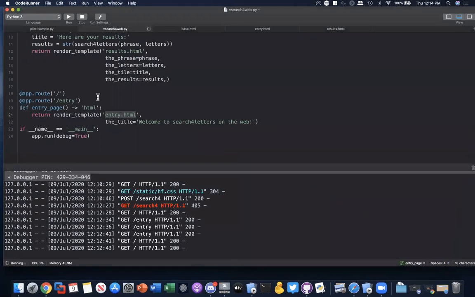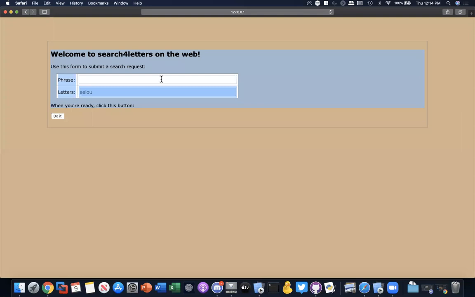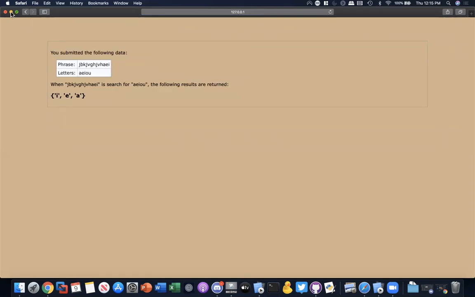Now, when this entry page is shown, and you place your data here and type whatever it is, vowels, put some vowels here that you want, and you hit this button, which is the submit button, something's happened behind the scenes before you get to this point. What happens? Well,